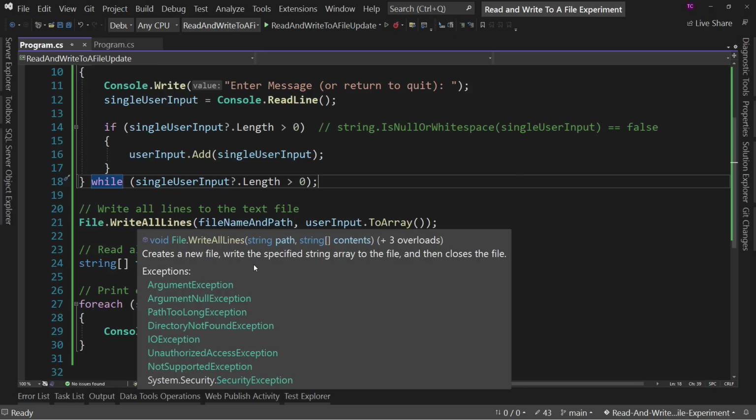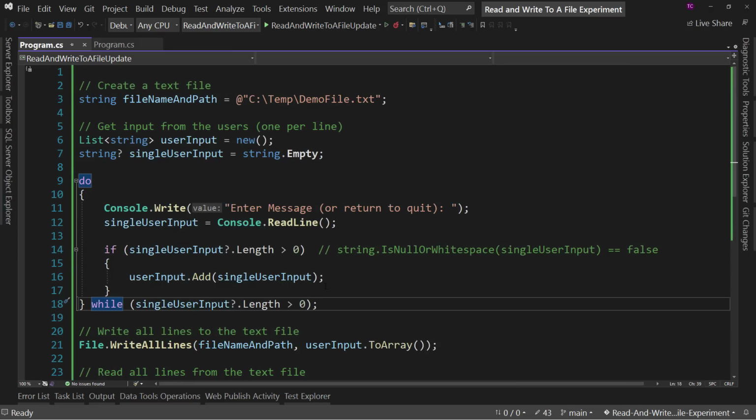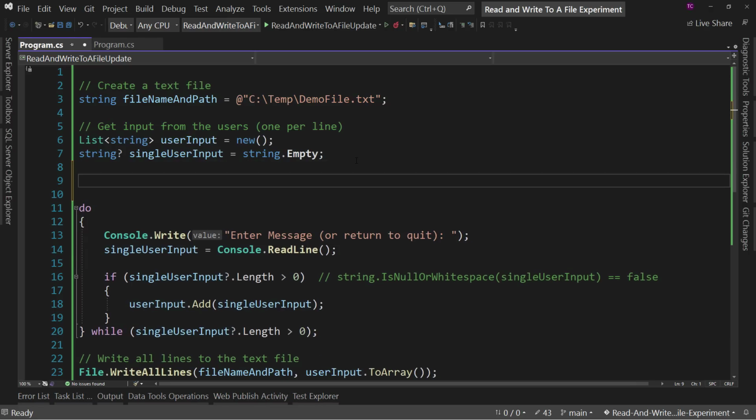So that might be something to think through as well. You might want to do a check for if the file exists. And if it does, what you could do is read from the file and put those values into user input. And then what you'd be doing is essentially appending. You'd start with what the file already has and add more things. Now, I'm going to go on memory here and see if I can get this done. But if